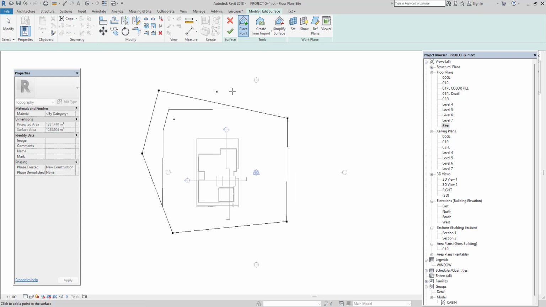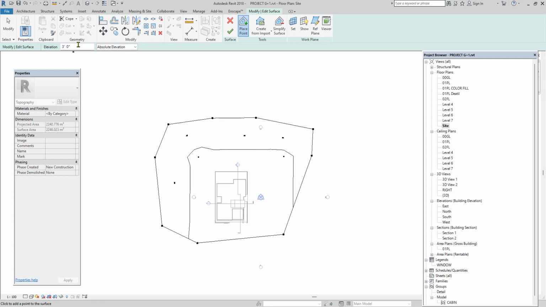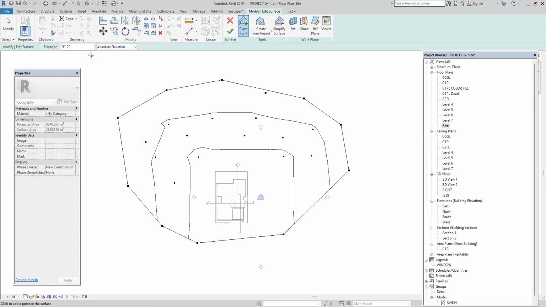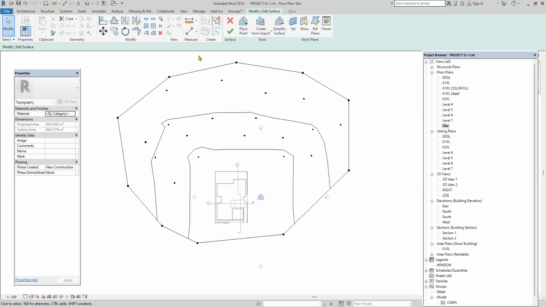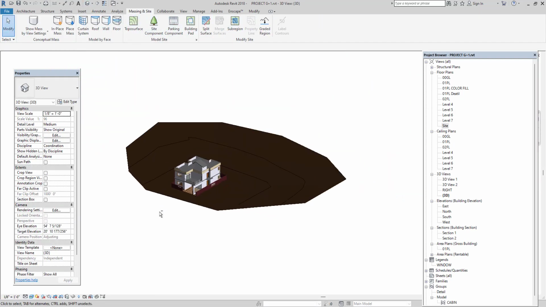Once you get the site knowledge, then you can develop this like 3 feet, 4 feet, 5 feet in order to show the hill area or contour lines. Give the elevation and then add the elevations around the model. Like this way you just go on continuing the elevation and then finish it. Go to 3D to check the site condition.